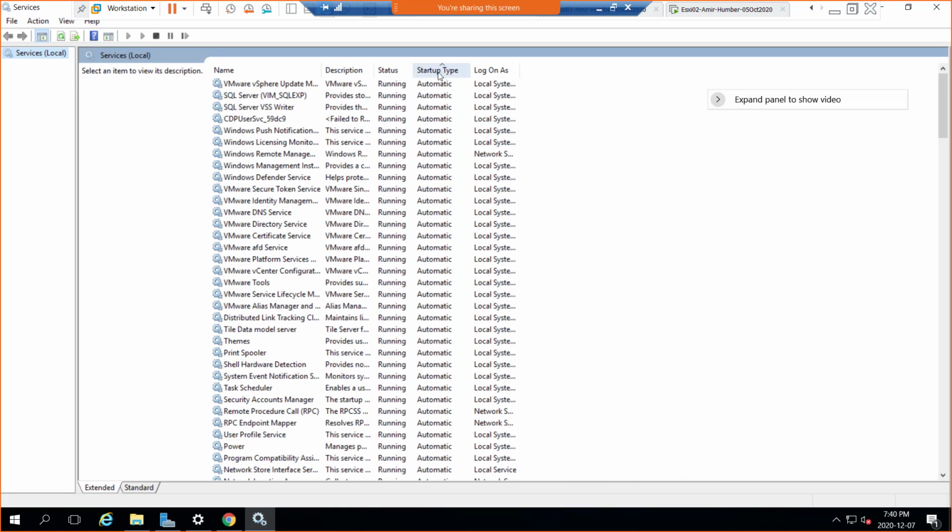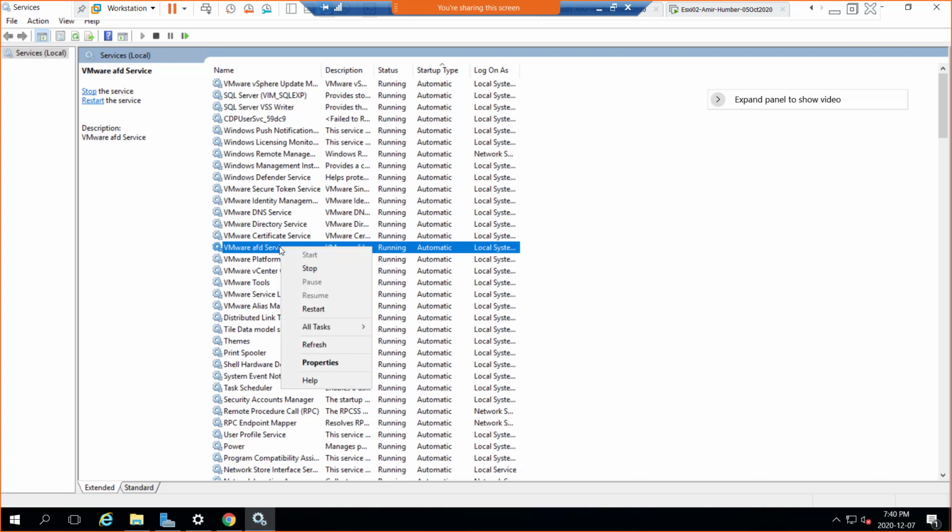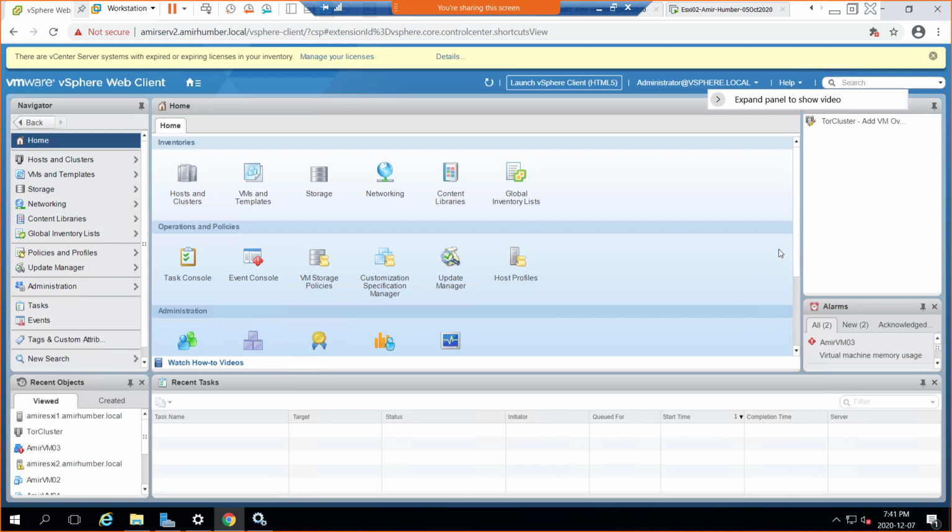If not, click once on the startup type column. Look for services starting with VMware, like the VMware AFD service. You right-click on it and restart. I'm not going to restart because then I'd have to wait 10 to 15 minutes myself, but I'm showing you that this is where you need to go.